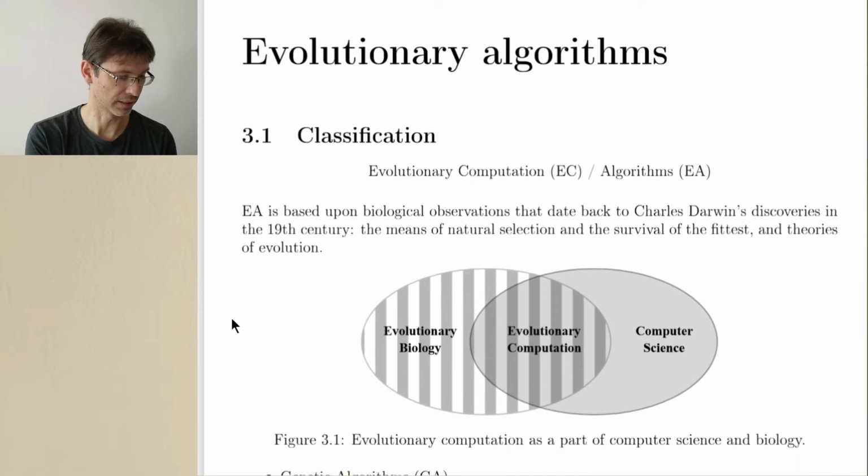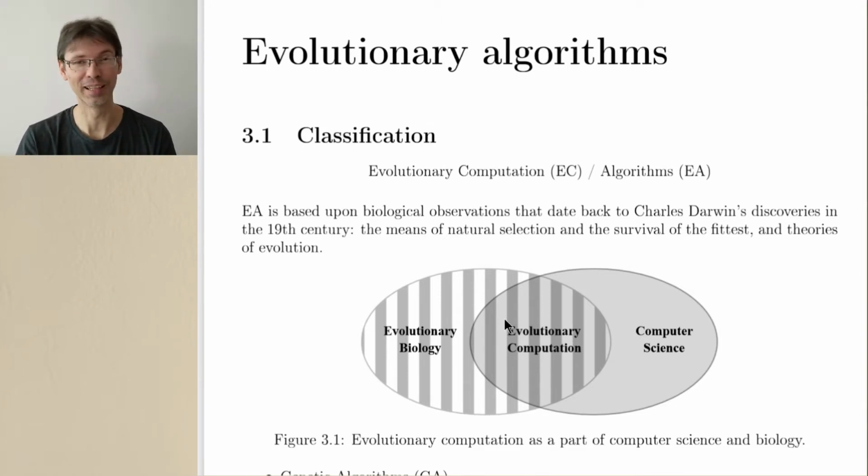It is often said that evolutionary computation in general as a field, it's the name of the field which is concerned with evolutionary optimization and a few other more general topics, is at the intersection of evolutionary biology and computer science. And probably this is a good approximation of what actually happens in this research field. Of course, it is inspired by evolutionary biology and by the evolutionary processes we know from biology, but at the same time, there may be a problem with proving whether evolutionary algorithms were really inspired by evolution.